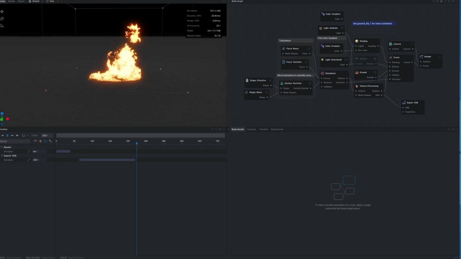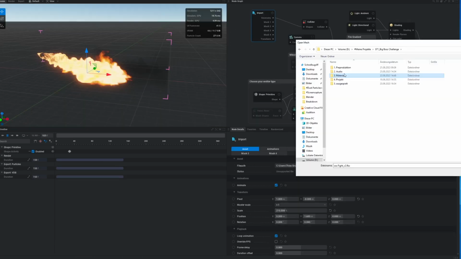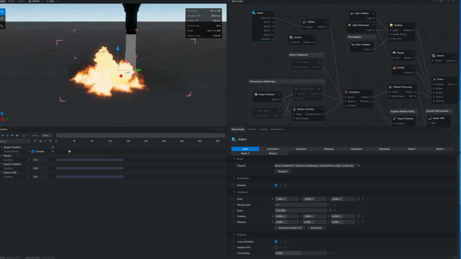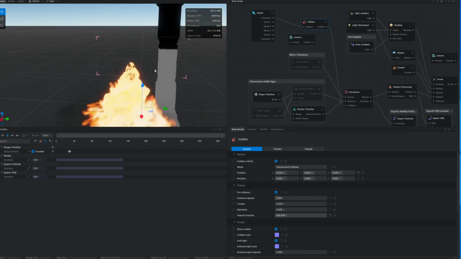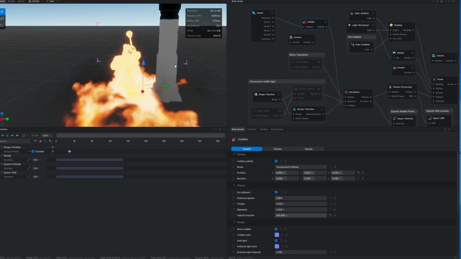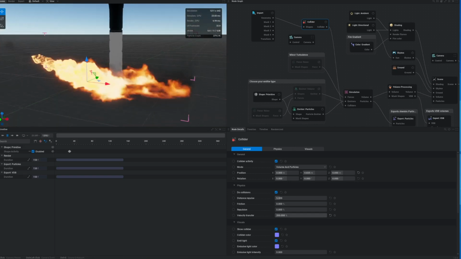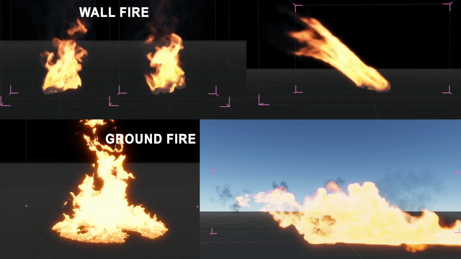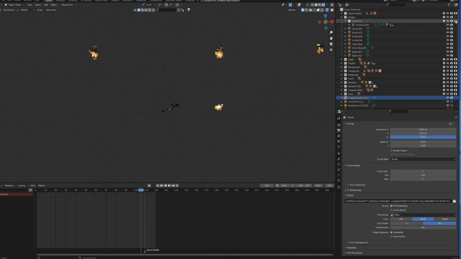So the most important thing was adding some force, for example for the hand torch fire that the knight is holding in his hand, and of course the dragon fire. So here I've added in a collider, in this case the pillar of the composition, to block the fire when the knight is jumping into the secure area where the dragon fire is not hitting him. And within 2 or 3 days I was able to simulate different fire resources, the ground fire, the wall fire, the torch fire in the knight's hand, and of course the dragon fire,